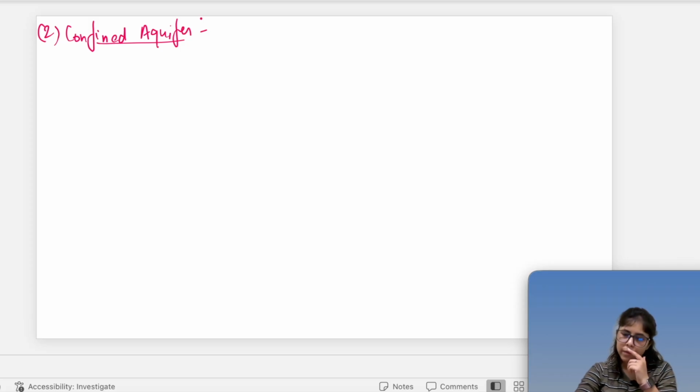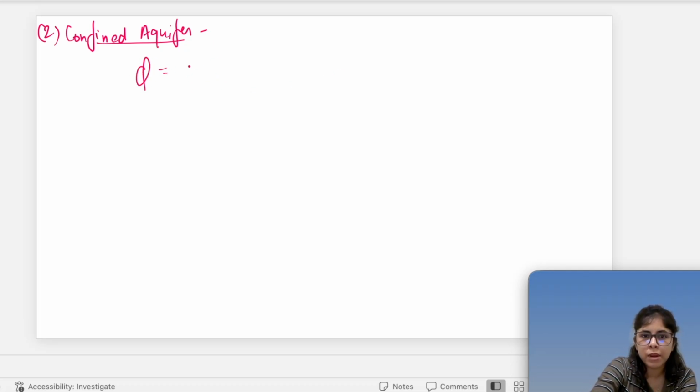Unconfined theory will not be working. So Dupuit's proposed only for unconfined. For confined, things were modified, and we got finally, I'll be just writing the final formula, which is 2 pi k h. And here,